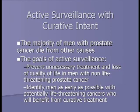But on the other hand, if I have treatment, you pretty much can guarantee me I'll have some type of side effect. Whether it's mild or severe, I'll have some degree of erectile dysfunction or some degree of incontinence or urgency or frequency or some problem that lessens the quality of my life. So out of this